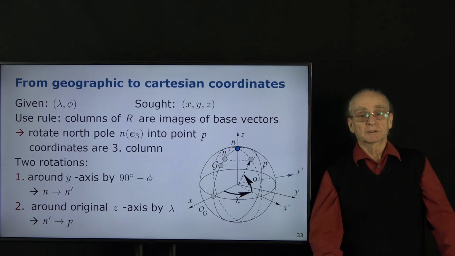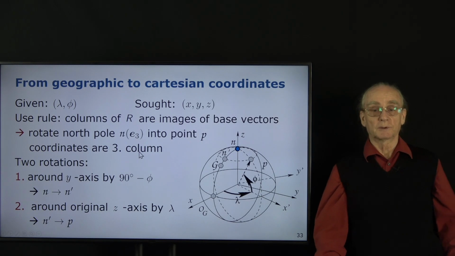And we make a rotation such that this North Pole moves into this point P. Then we get a rotation matrix. And we know that the third column, the last column of this rotation matrix, will be the coordinates of this point in this coordinate system. So we have to rotate the pole into P and look for the third column. How do we do this? We perform two rotations. The first one rotates the North Pole into a point which has the same